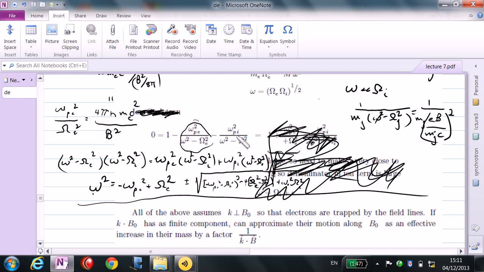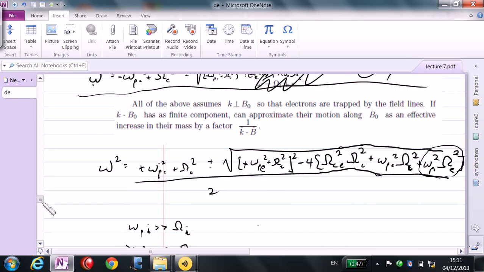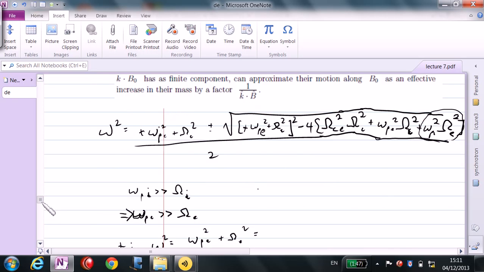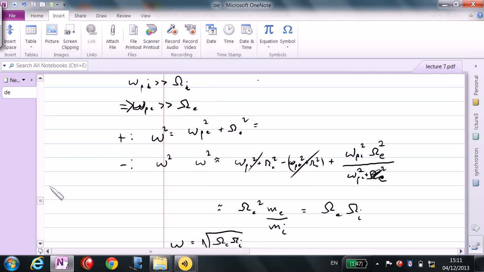It's like electron cyclotron waves in the upper hybrid mode for when there's very small plasma frequency. What was the upper hybrid mode when there was very small plasma frequency? It was, then this term dominates this term. It's just omega E. It's just electrons gyrating like this, so that when they're here, there's a charge density enhancement,